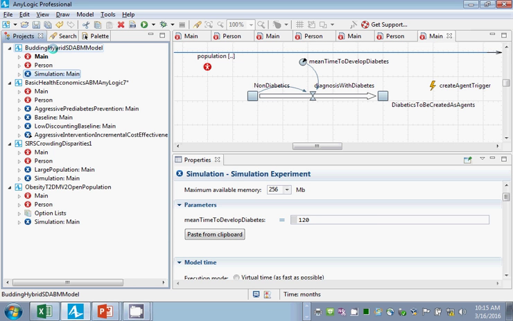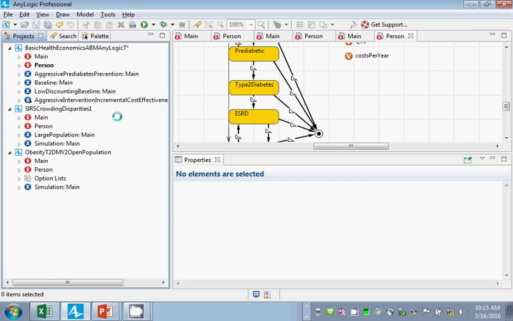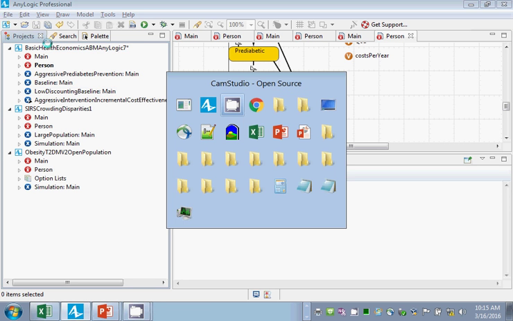So that's another example of a hybrid model where we have a kind of lateral relationship between, on the one hand, stocks and flows, and on the other hand, agents. Okay? Another version of hybrid models. We've seen several of them this morning. Even the model with basic health economics was a hybrid model. Okay, now the final model I want to look at